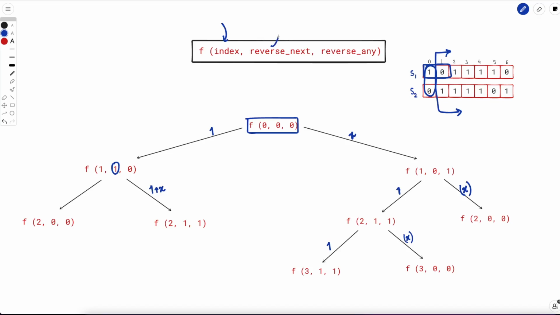This was reverse next flag, and I need to find out what is the minimum cost required to make everything after index 1 equal, right? The second choice could be, and this will incur a cost of 1, right? Second choice could be, I will not